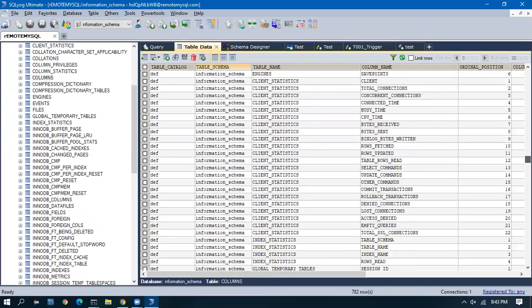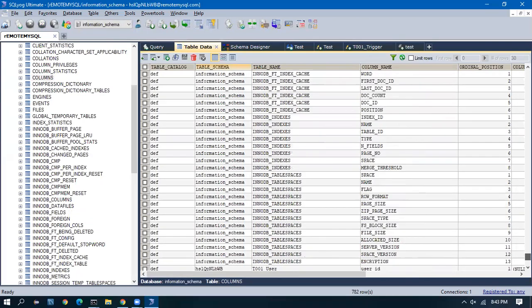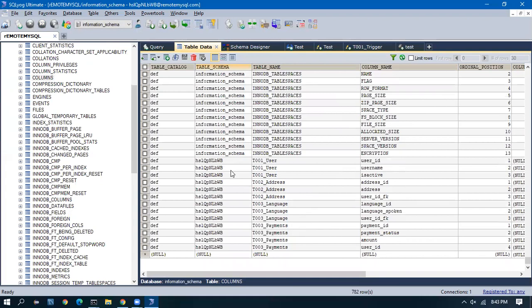Let's go to our schema which we created. You see here, all the schemas and all the tables which we have created, their columns are stored in a column table, along with the position of the column.